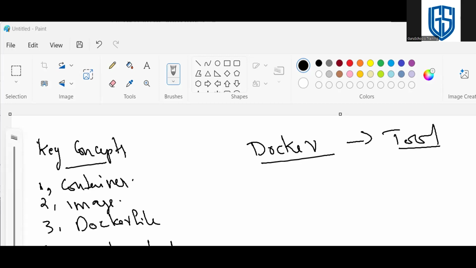So yes, that text file contains a series of commands and instructions used to build a Docker image. Got it. So a Dockerfile is the base thing to create Docker images. The Dockerfile includes steps such as installing dependencies, copying code, and running the application. So we provide everything within the Dockerfile.